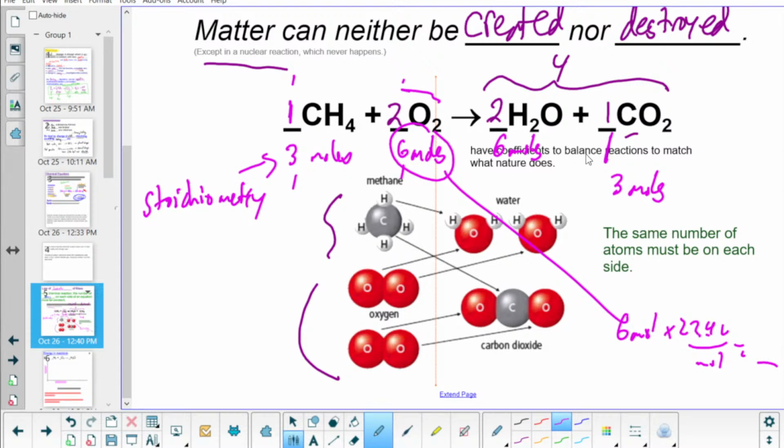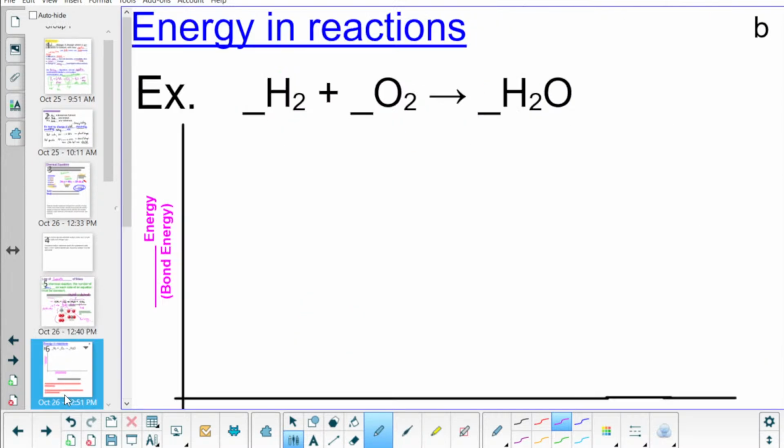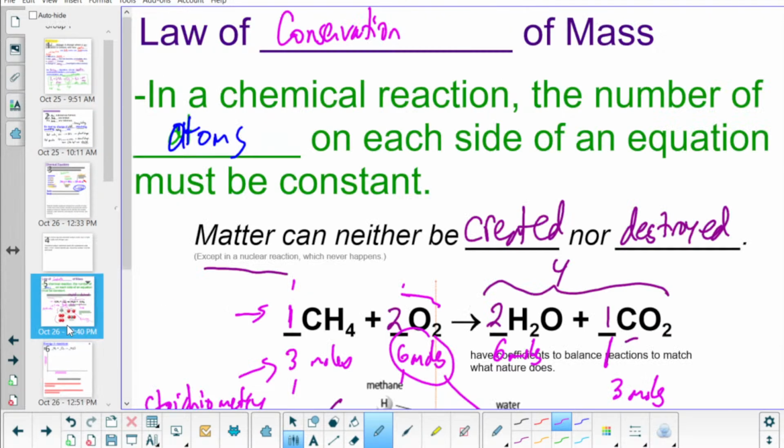Now, we're not doing that yet. We're going to do balancing first, give you a little reminder on that, give you some practice, but that's going to be coming. We only have 5 minutes left. I'm going to stop it there so we can pull out the spreadsheet and see what our homework is.